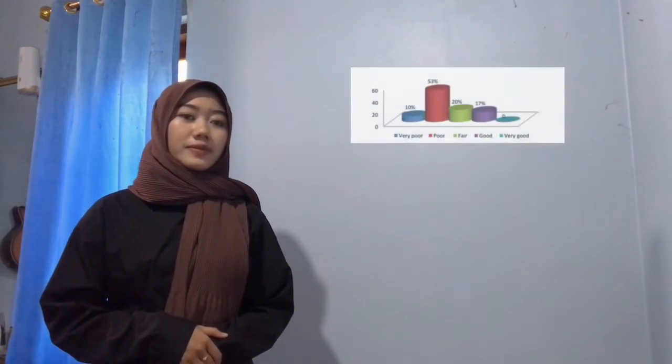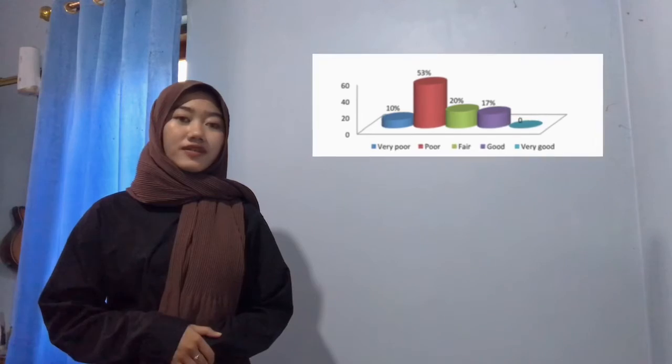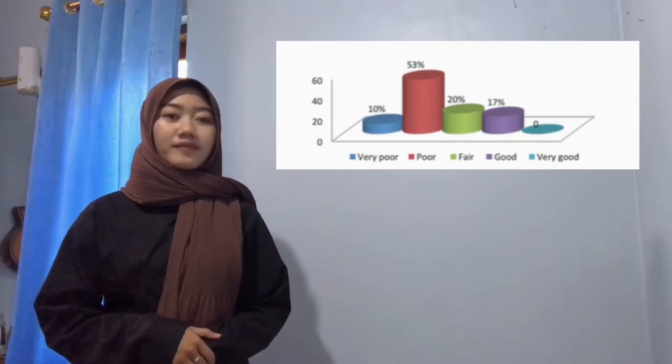The next is result and discussion. A. The student speaking skill progress. 1. Student speaking skill in the pre-test. Both charts show the student speaking skill in the pre-test. Pre-test was conducted to get information about student prior speaking skill. It shows that most of the students had poor speaking skill, with 30% of students in the category.